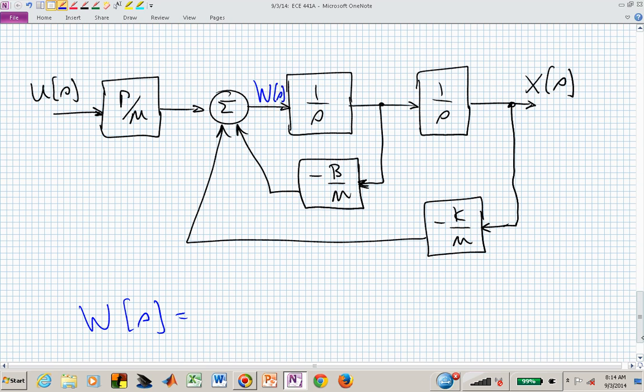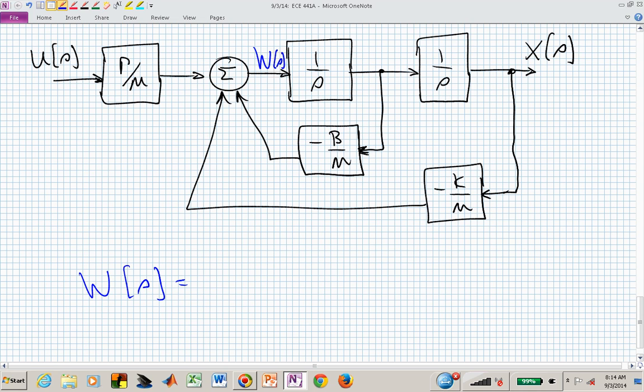Coming into that, let's go counterclockwise. We have gamma over m times u of s. We have plus k over m times x of s. Oh, and just for grins, let's do another labeling here so that we don't have to do too much in the first step. Now we have,